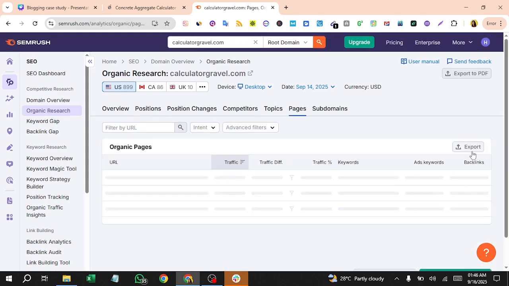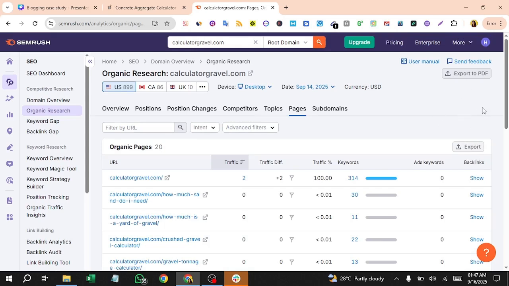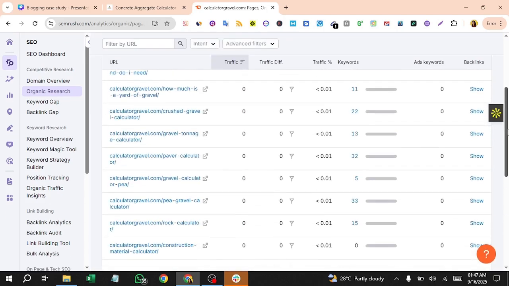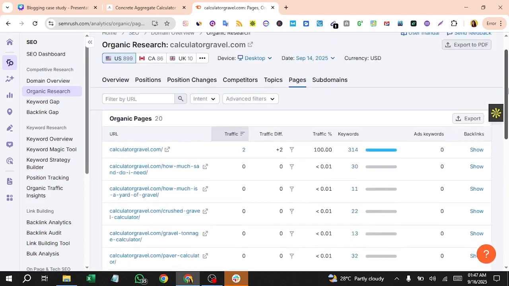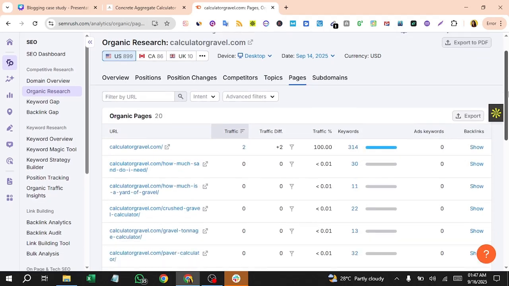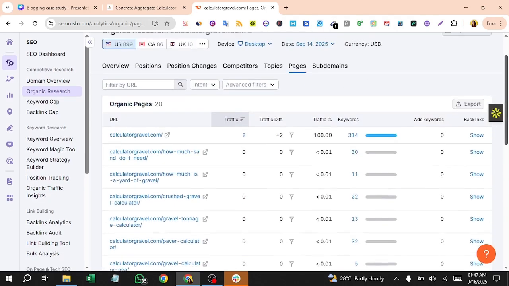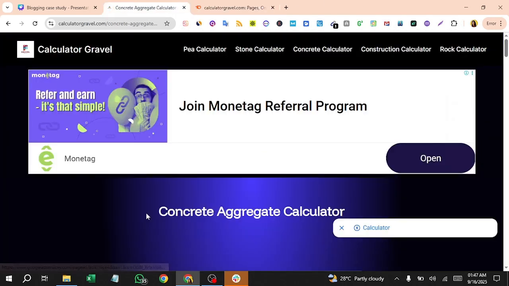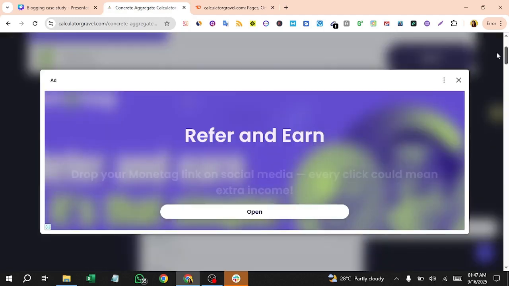When you export this file, you will eventually get a CSV file, and then what you need is to upload that file into ChatGPT and ask ChatGPT to create content on the keywords that you want to give to ChatGPT. So that's how you should be doing it. It's replicable, I guess. It is something which everyone can copy, and it's open. So this is how you should be doing it.